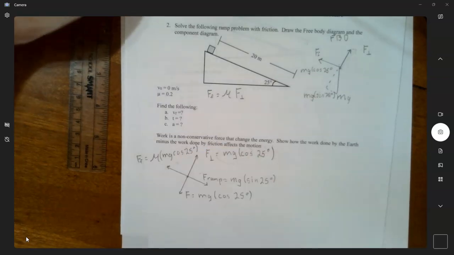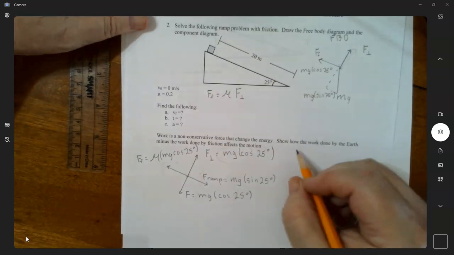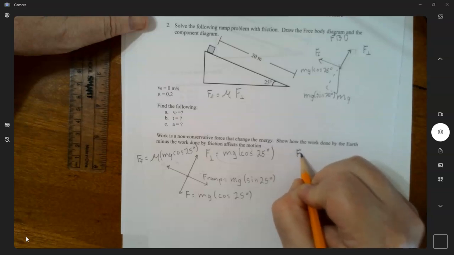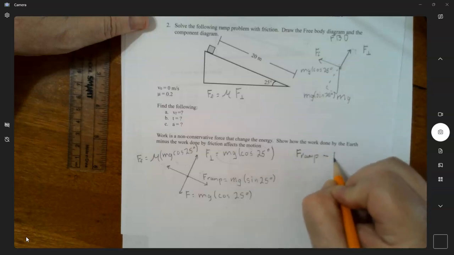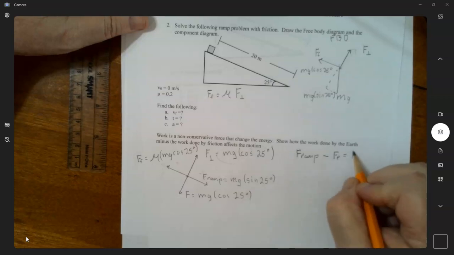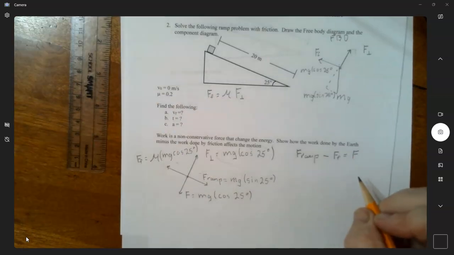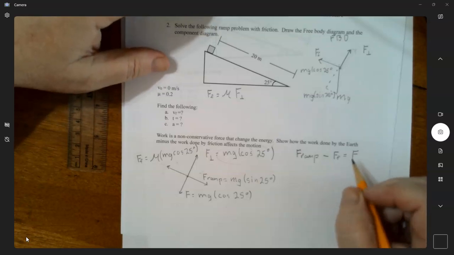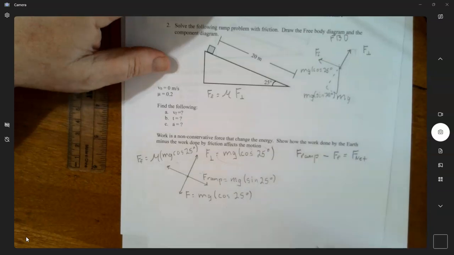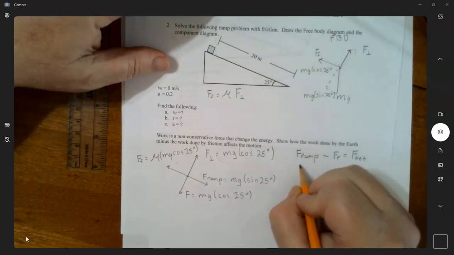Okay, and so now we can go down and figure out acceleration. Let's just figure out numerically what the force is going down the ramp and subtract the force of the friction. And that's going to give us the net force going down the ramp. That's simply the ultimate force that you finally end up with going down the ramp once you subtracted friction force. We call that F net. Okay, so it's 1 times 10 times 0.42. It's going to be 4.2